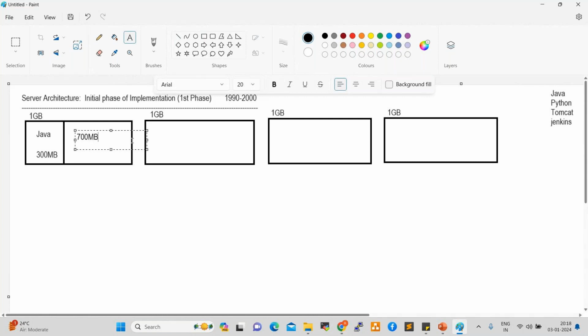Python, for example, occupied 350 MB, not GB, so the remaining 650 MB will be wasted.